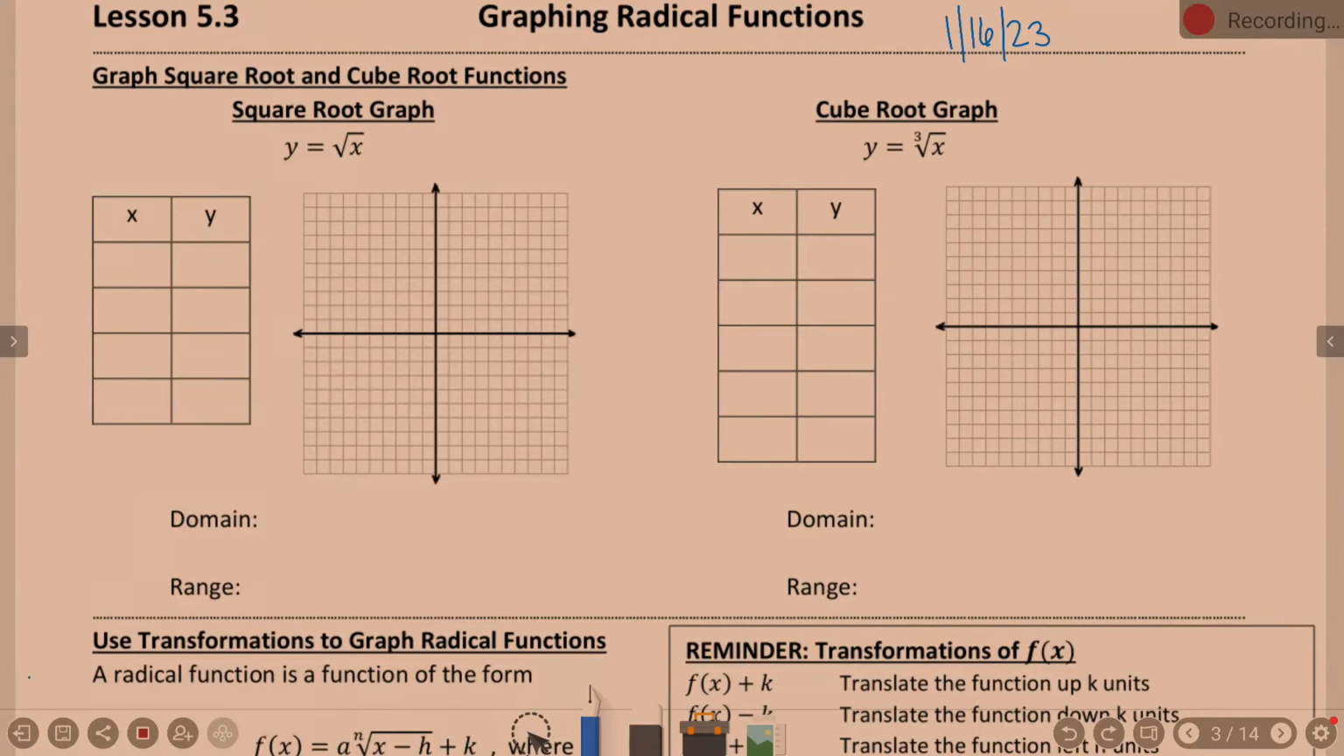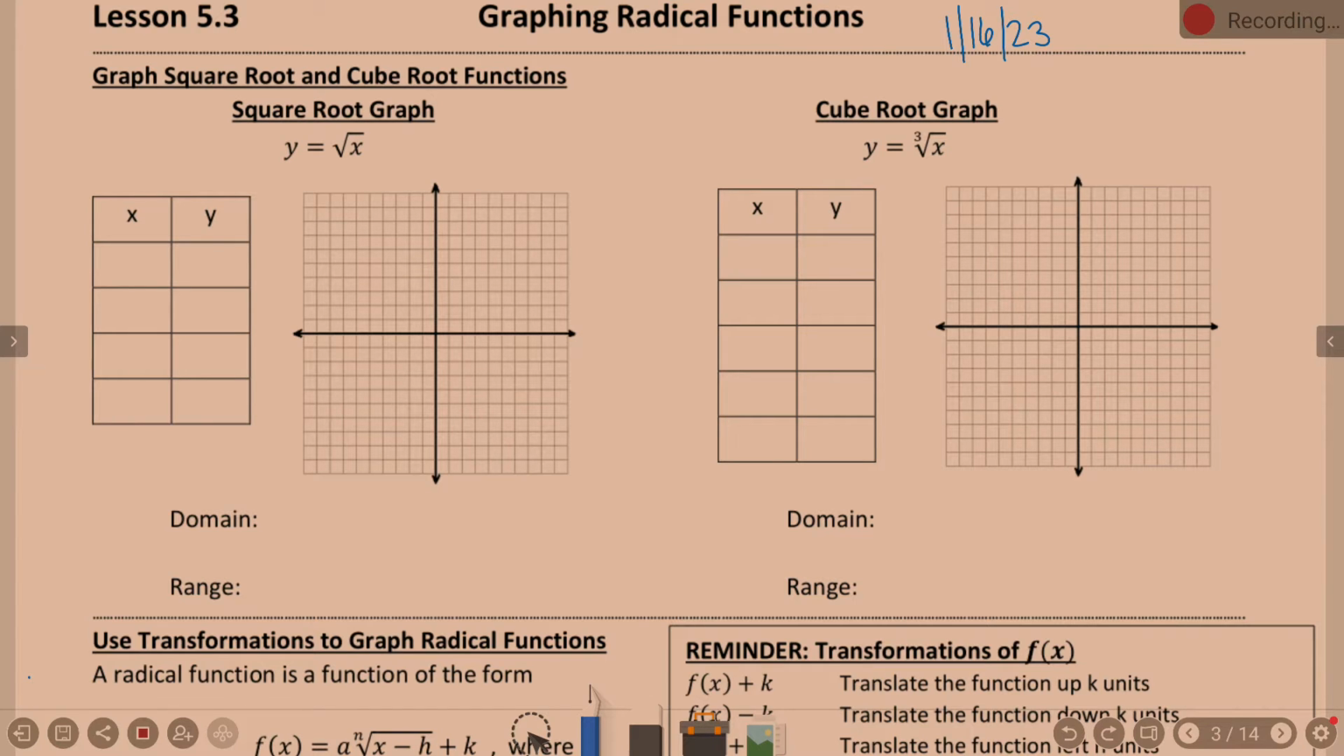Lesson 5.3, one of our favorite topics, graphing. We're going to be graphing radical functions. We are going to specify on square roots and cube roots. Technically, each root looks a little different. The graph is not the same on all of them. But we're going to specify specifically on looking at the square root, so when our index is 2, and the